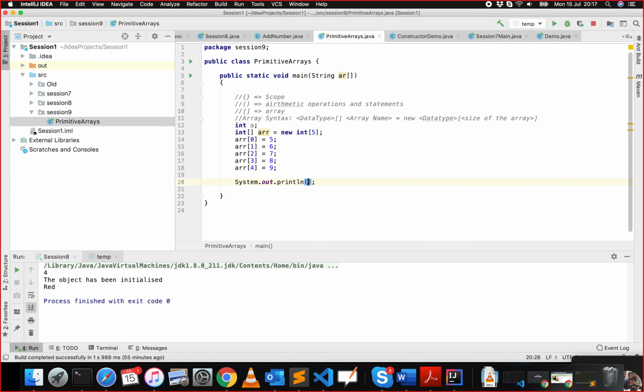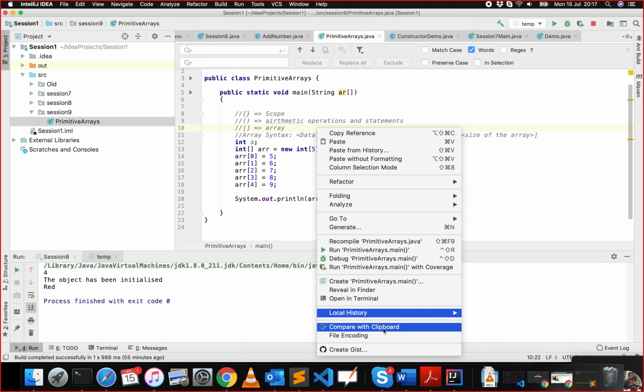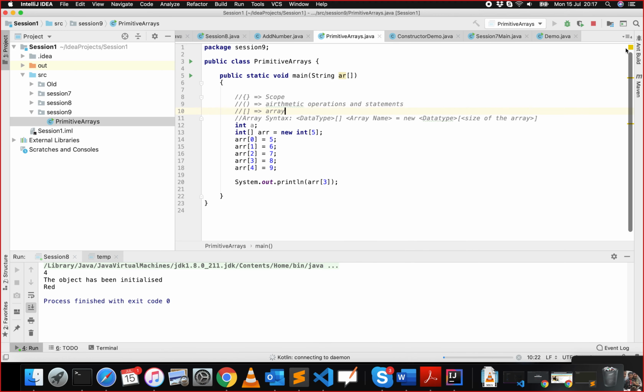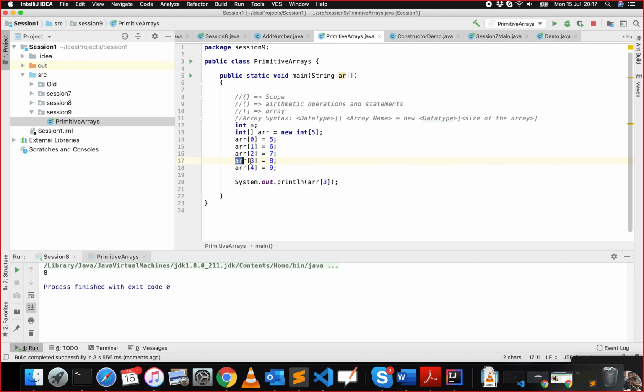Let's print it out. Now let's print out ARR of 3. If I run this one, ARR of 3 is initialized with 8, so that's what we get. We can do any operations we want. Say for example, if I want to add the first and the fifth integer, you say int var is equal to ARR of 0 plus ARR of 4. If I run this one,